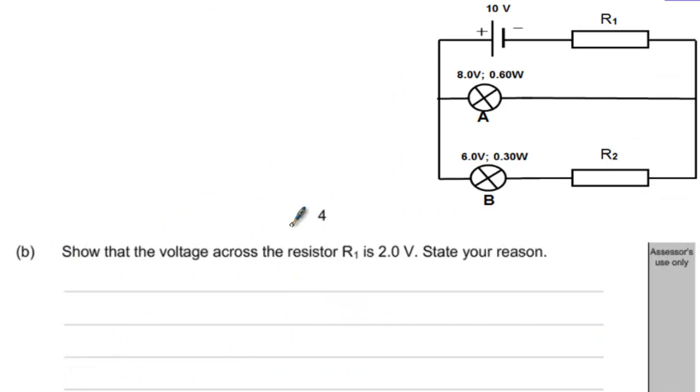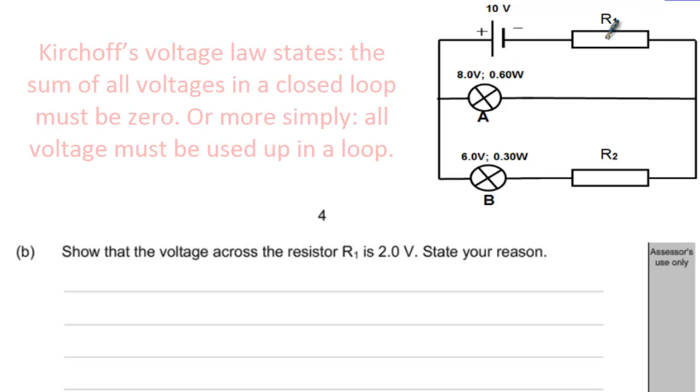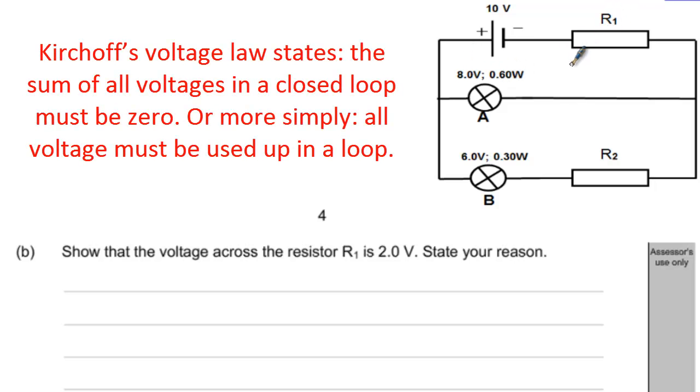Question 2b. Show that the voltage across R1 is 2.0 volts and state your reason. So the voltage across R1 is 2.0 volts. The reason is because this makes one complete circuit. So this is a 10 volt power supply. There's 8 volts here, assuming it's got full brightness. So if there's 8 volts there, there must be 2 volts there, because Kirchhoff's voltage law says that the sum of all voltages must add to 0,